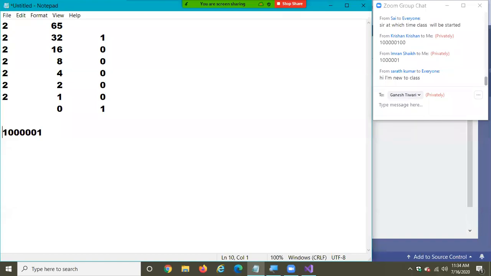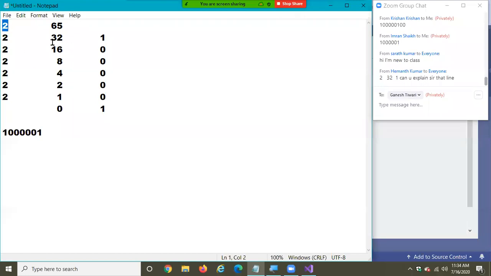Now tell me, you learned mathematics, no? How do you calculate the binary here? Base 2. 65 divided by 2.